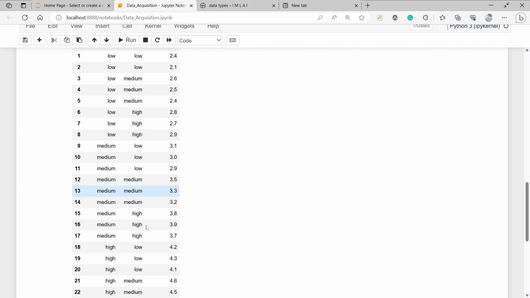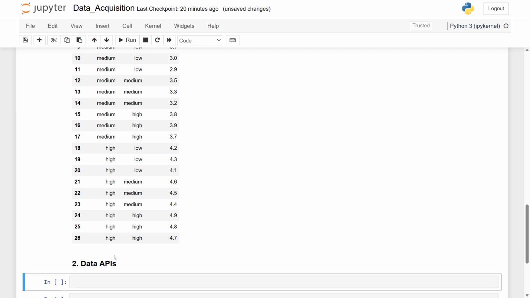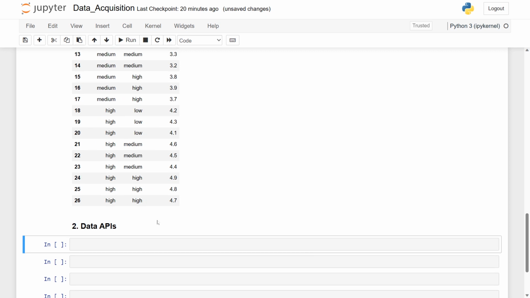Now let's look into the data API. So how can we gather data through API? So let's take data through APIs. Okay, so here in this case we have to import. There are different types of APIs. One is a REST API, which is widely used. Even at Volvo we use a REST API, and I had a huge amount of hands-on work experience on REST API specifically, and those are customized to Volvo. Okay, so let's work on